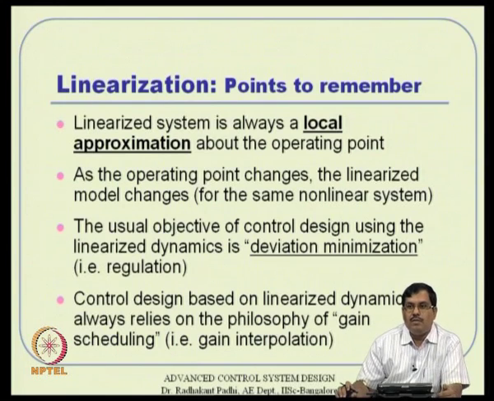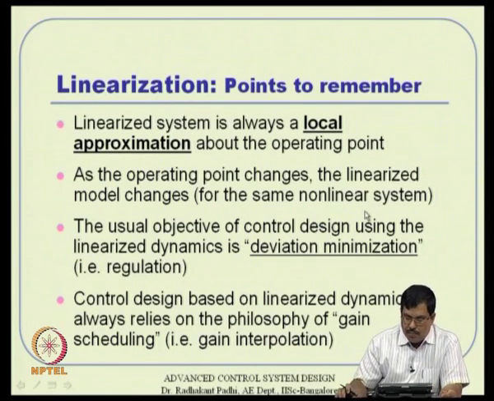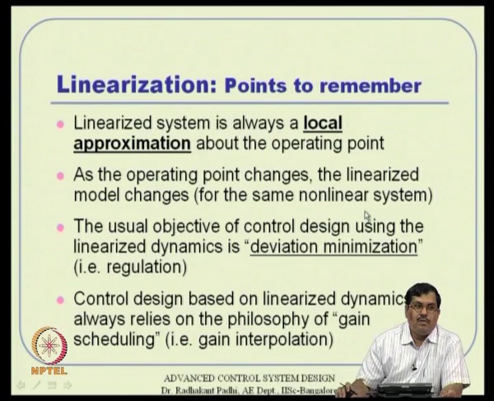With a linearized system, the objective of the control design is to suppress the deviation, or delta x goes to 0. That is why x going to 0 is always there in linear system design assumptions. In linear system control design, the usual objective is to take x to 0. Here x means delta x, because that is a linear system, and delta x goes to 0. That means you have a deviation minimization problem, a deviation suppression or regulation problem essentially. And the fourth point is